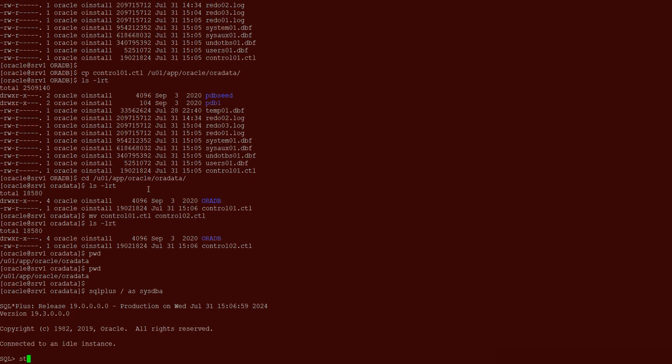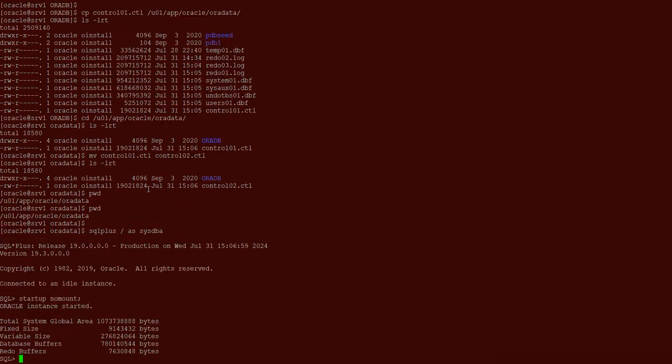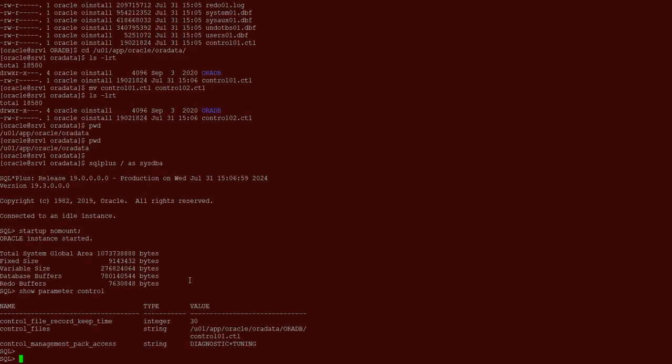We will start the database in nomount because the database is running on a parameter file, so we will not be able to edit that through the vi editor because it is an spfile. So we'll use the alter system command and try to update this one. Okay, show parameter control. I'll see what all control files are there. There is only one, so I'll use the command